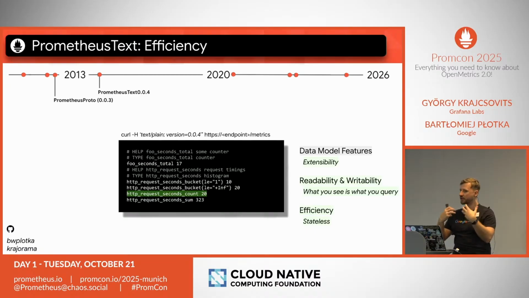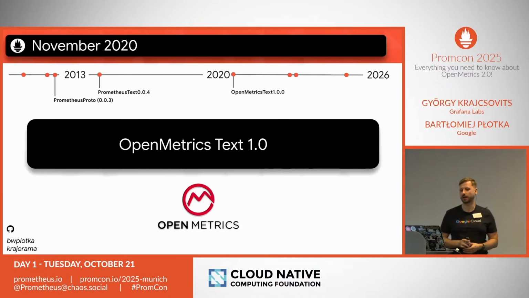So it wasn't an integral part of the format. As you can imagine, now it's changing, so we have to improve things. But eventually, in November 2020, Prometheus text was formalized by this independent CNCF project called OpenMetrics, which was outside of